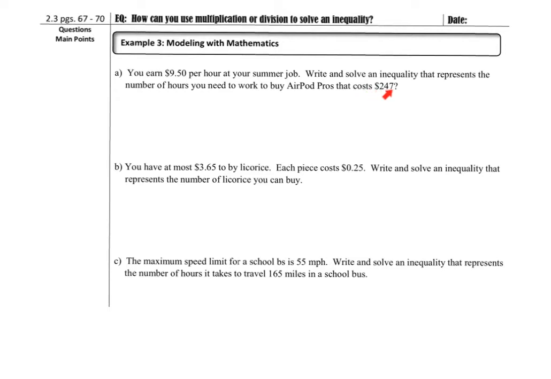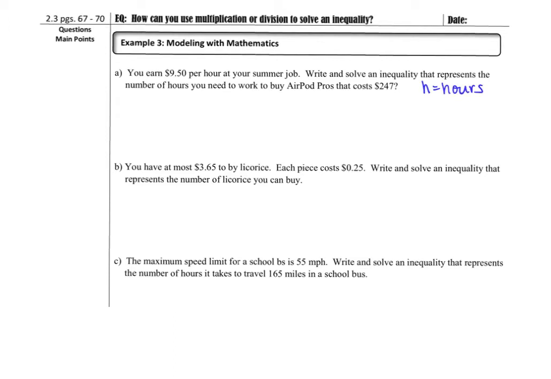$247. So think about which inequality symbol would you use if you're working $9.50 per hour and you're trying to earn $247? You would want to use greater than or equal to, because it doesn't make sense to use less than or equal to. If you use less than or equal to, you're not going to have enough money. So we want to make $247 or more. And since the problem is talking about hours, we're going to let H